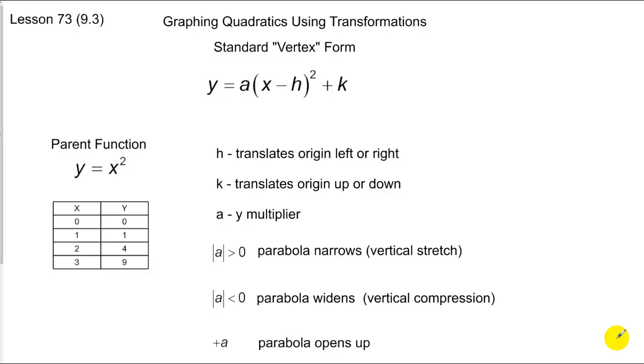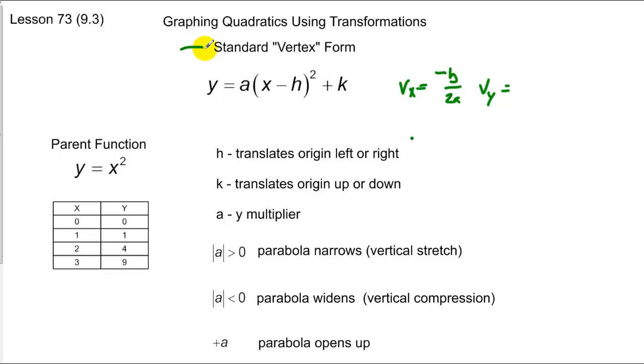To this point, we've learned to graph quadratics by finding the vertex using the negative b over 2a concept and then plugging that back in to find the y-coordinate of the vertex. But what we're going to do today is look at how to graph quadratics that are in